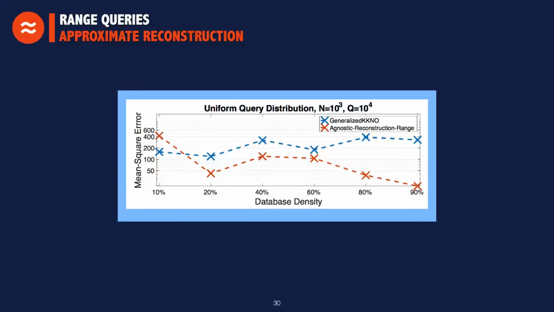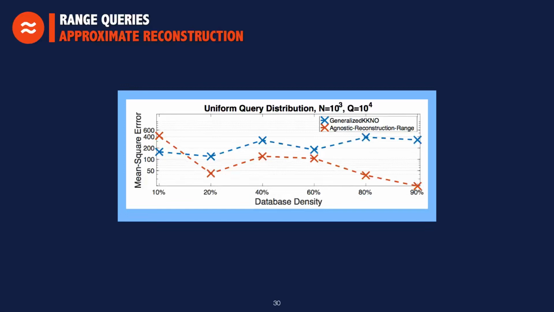I will conclude this talk by presenting some experimental results. In the first experiment, we compare our approach indicated with the orange color here to the state-of-the-art attack from Grubbs et al., which is indicated in blue. On the y-axis, you see the mean squared error, so the smaller the error, the better the reconstruction of the attack algorithm. On the x-axis, you see the density of the database that ranges from 10% to 90% of occupied